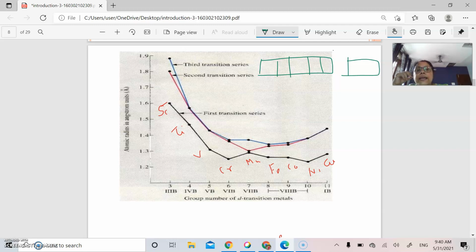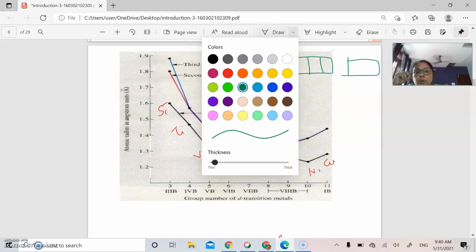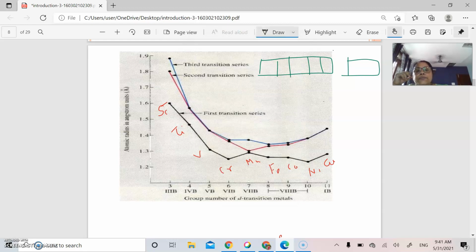What I want to say is that as you leave chromium and go to manganese, first there will be pairing in the 4s orbital with all the d orbitals singly filled. This is for manganese. But as soon as you go to iron, there will again be a double electron in the 3d orbital. Then to cobalt, there will be another pairing. Then for nickel, there will be another pairing. In cobalt, there will be 2 pairings. In nickel, there will be three paired electrons. And in copper, all the d orbitals will be paired.